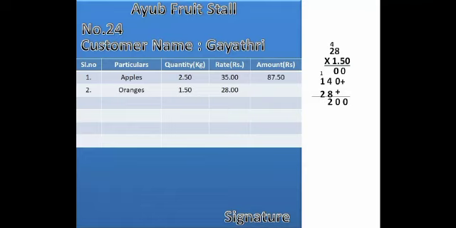1 plus 1 is 2. 2 plus 2 is 4. Now you have to put a point after two digits from the left. That is 0 0, there are two digits. So you will put a point there. So the amount will be 42 rupees. So the cost of orange for 1.5 kg is 42 rupees.